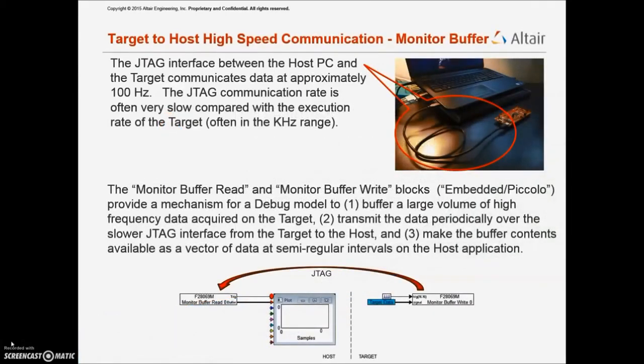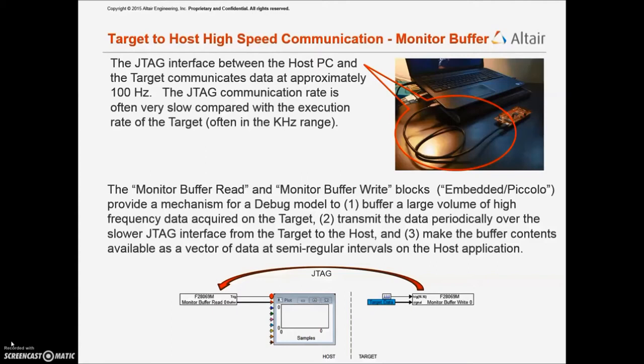The JTAG interface between the host and the target, circled in this photo, communicates data at approximately 100 Hz. The JTAG communication rate is often very slow compared with the execution rate of the target, which is often in the kilohertz range. The monitor buffer read and the monitor buffer write blocks, located under the Embedded Piccolo menu, provide